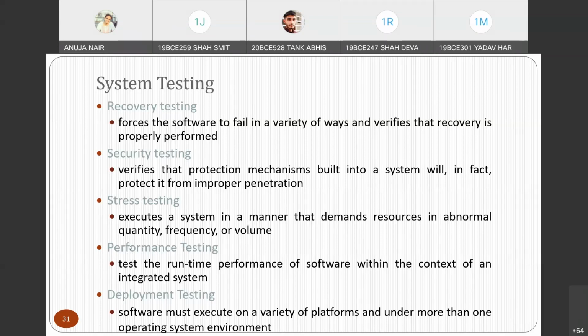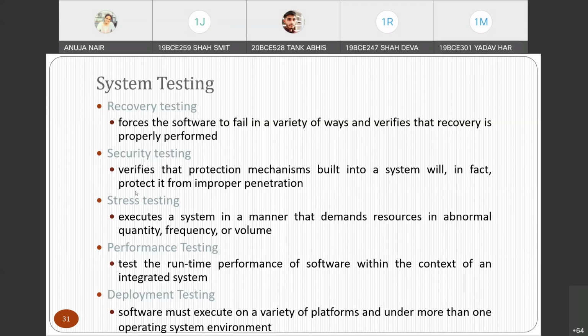Performance testing again, you just check what the performance of your system is, how much speed it is having, right? Let's say that you are making a website, LMS is a website. When you put load on the system, you check what the performance is, how much time it is taking to go from one page to another page. Or let's say if I want to upload something onto LMS, how much time it is taking. So that is your performance, right? Security testing, let's say that you try improper penetration. आप login कर रहे हो तो improperly you try to access without login. So that is security testing.